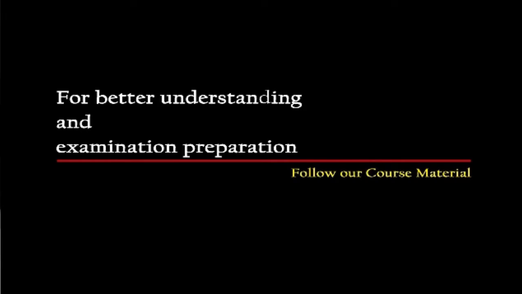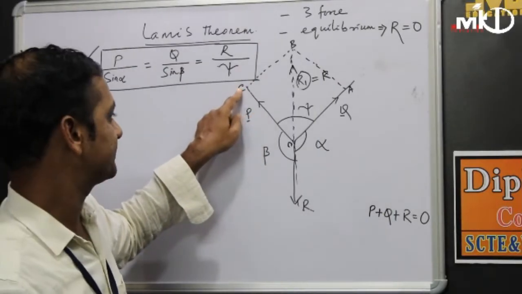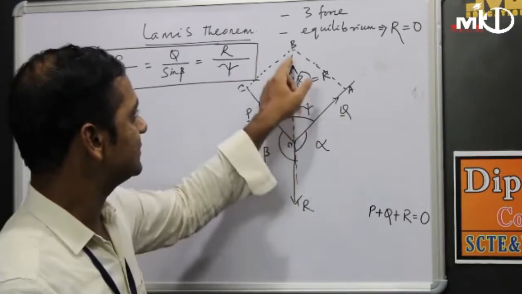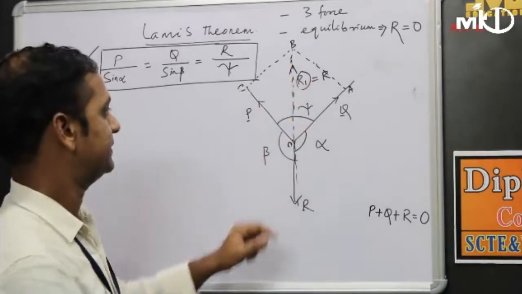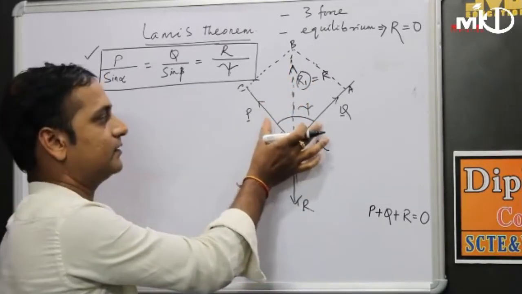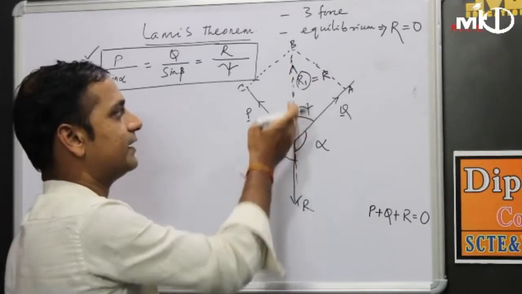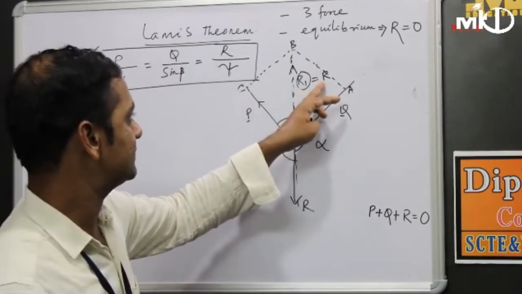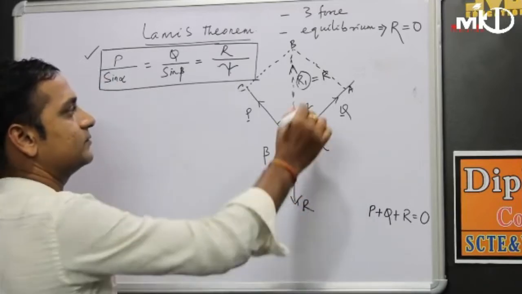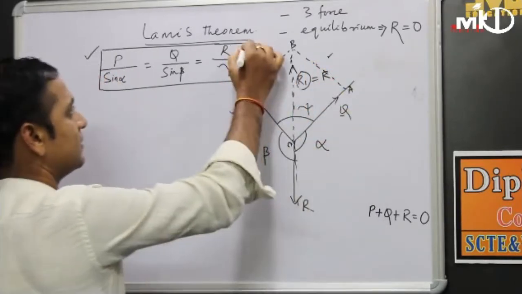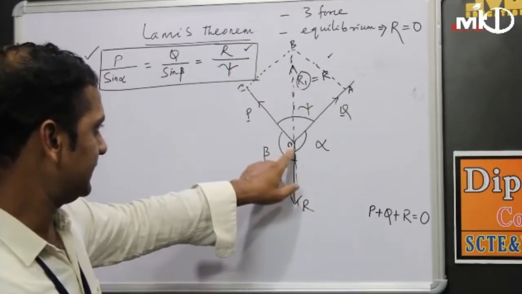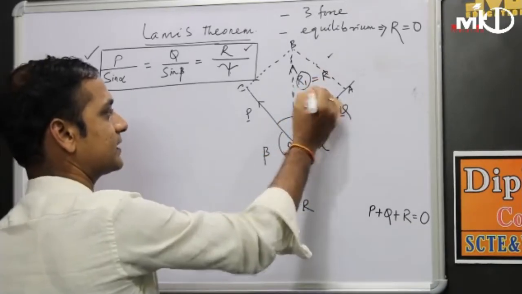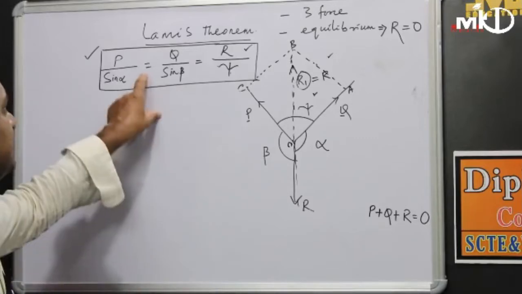So O, A, B, C, that is a parallelogram, and the resultant is represented by the diagonal of the parallelogram, means दो साइड में, adjacent side में अगर दो फोर्स होगा, दो फोर्स का net force कहाँ पे आएगा ना, resultant में आएगा, sorry, diagonal में आएगा। So that means this is our resultant R. So now from this we can derive the principle, this law. So if I will apply the sine law for the triangle OAB, then we can easily derive this Lami's theorem.